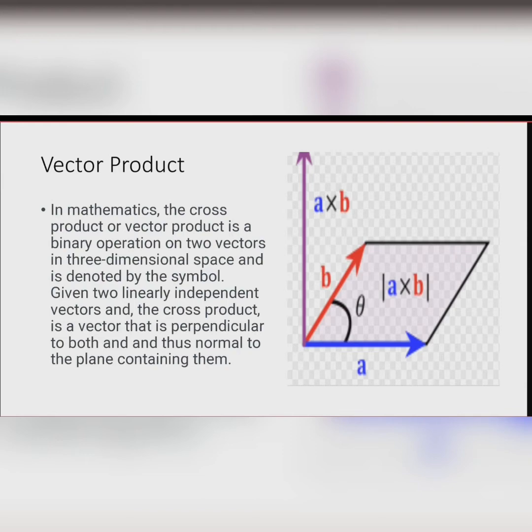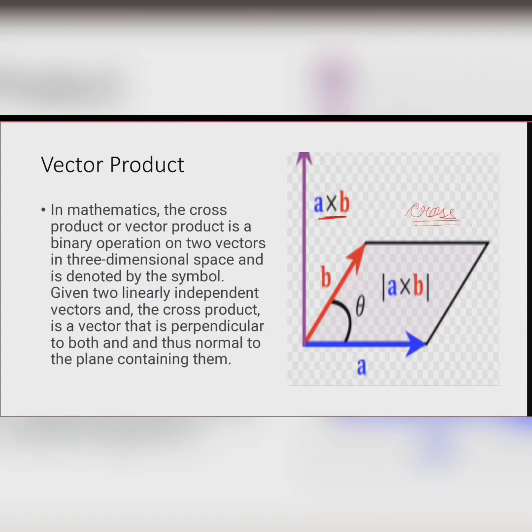Basically it is also called the cross product. The symbol which is used, we don't call it a multiplication symbol, we call it cross. So it is also called the cross product. This operator, when applied with two vectors, will always give you a resultant quantity which is itself a vector. The resultant quantity will be a vector quantity, meaning that there would be a direction associated with this quantity which you have calculated.